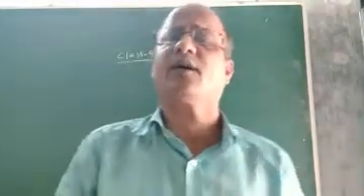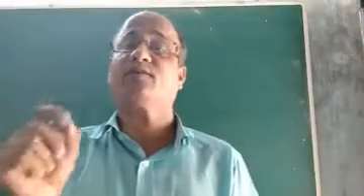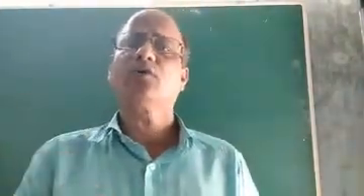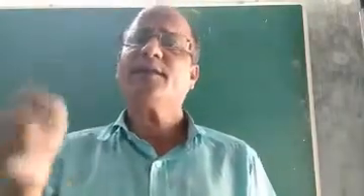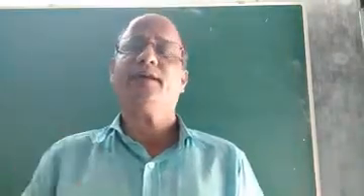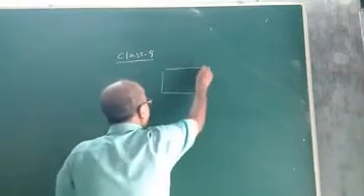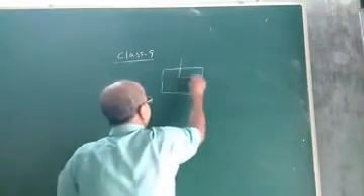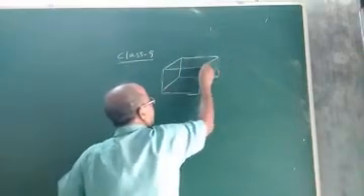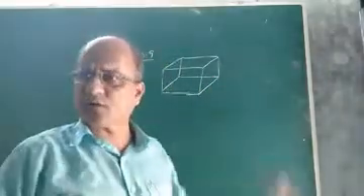Today let us discuss what lateral surface area is and what total surface area is. Everything was discussed in detail in the last class. So today let us discuss how to find the lateral surface area, total surface area and volume of cuboid and cube. Okay, so see children, as I told you in the last class, this is a cuboid. Suppose let us draw the figure of a cuboid. It is a three-dimensional solid having length, breadth and height all different or unequal. We call it a cuboid.